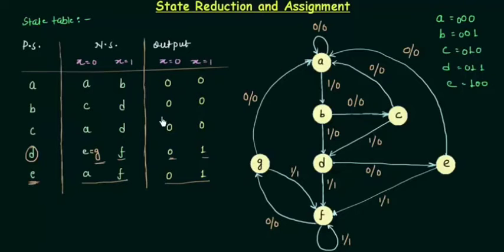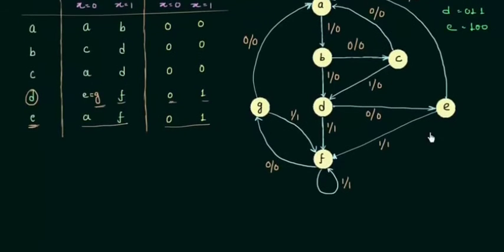So we can modify our state diagram depending upon this state table. So let's do it. I have only 1, 2, 3, 4, 5 states instead of 7. A is the first state, then B, then C, D and E. Now let's draw the transition. I'm on A, and if the input is 0, I will be on A. The next state is also A if x is 0 and output is also 0. Now when input is 1, I will go on B and the output is still 0.